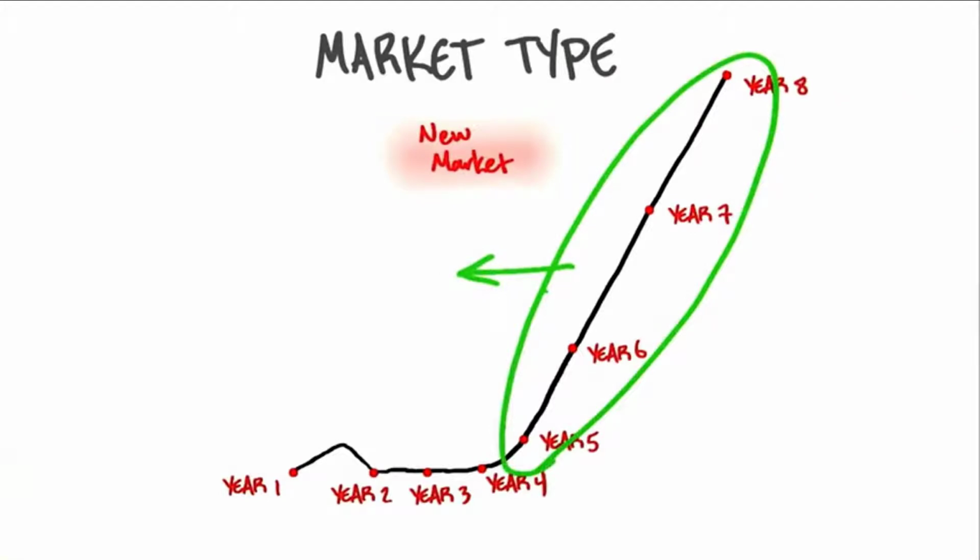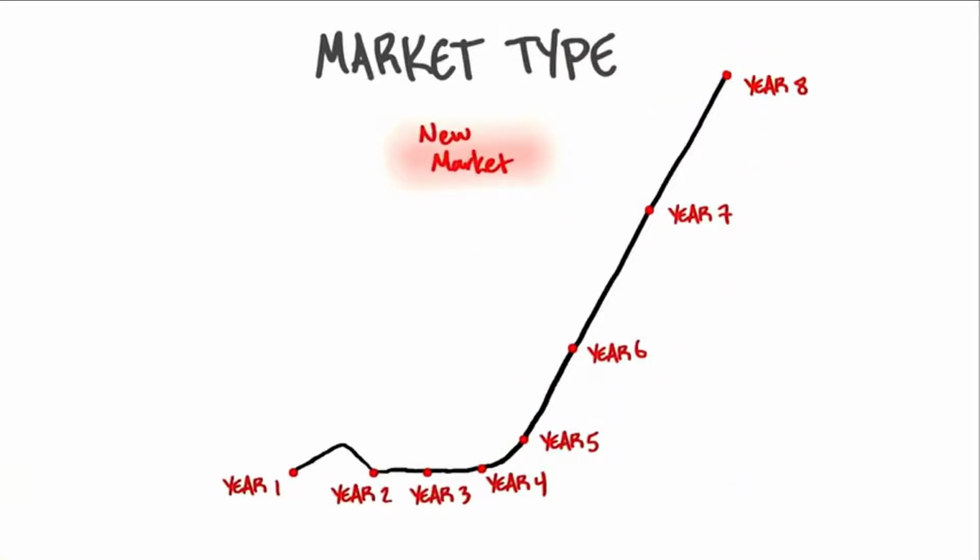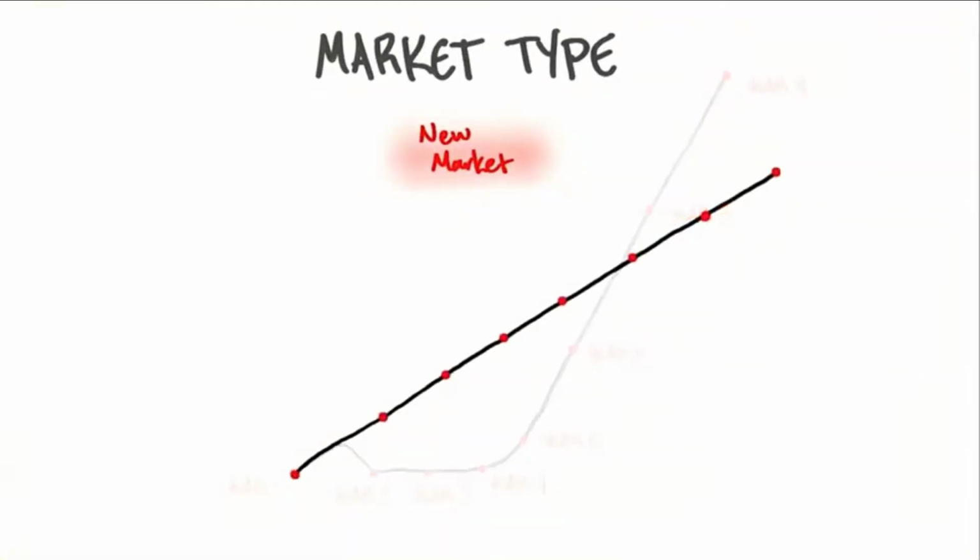There's a couple of really interesting things to notice about a new market. One is, this valley of death of almost no sales can continue for years. Now, why is this important to know? Well, just imagine you're a startup and you've put together a nice financial forecast for your board and your investors, and they all believe that you are in an existing market. So they're expecting you to have revenue that increases every year. Why? Because you've never asked the question, what type of market am I in?